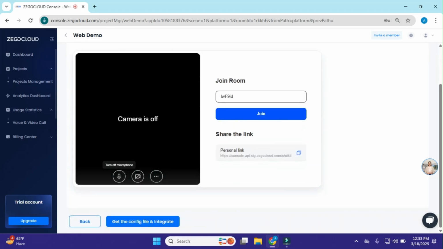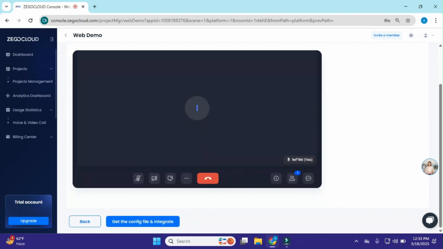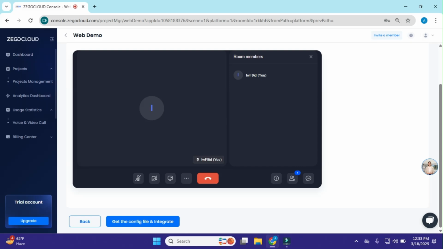Just minimize it, and we can also check it, join the room, and here you can see it provides me all the features that we selected, and all the functionality same as I'll show you in the demo. Now we just click here, get the config file and integrate.